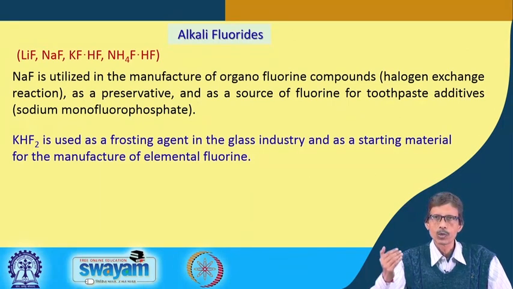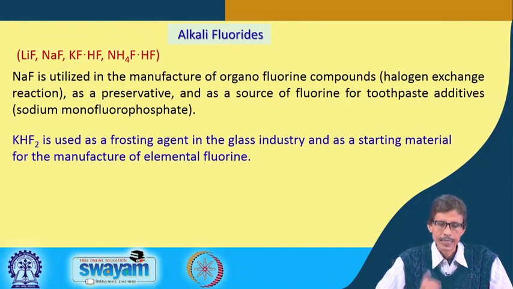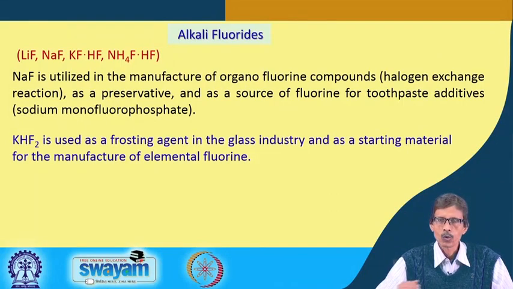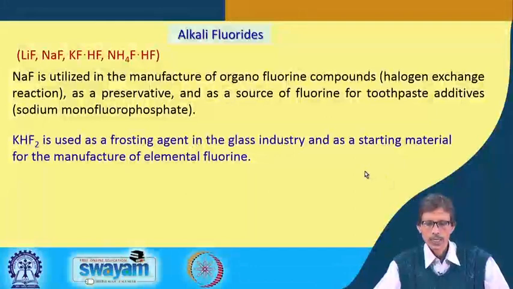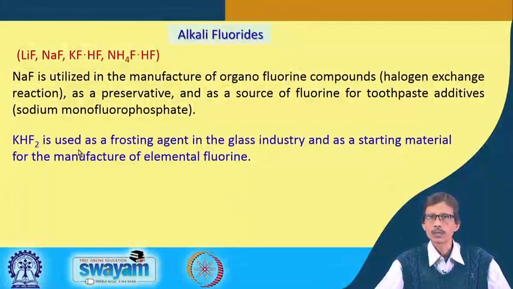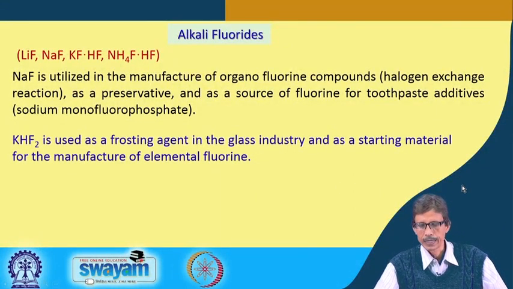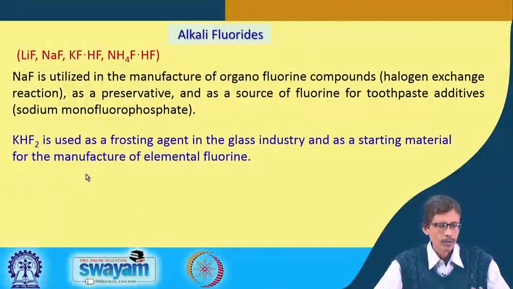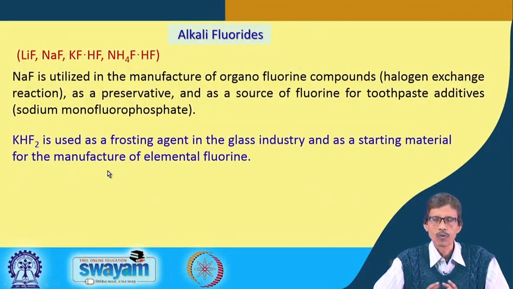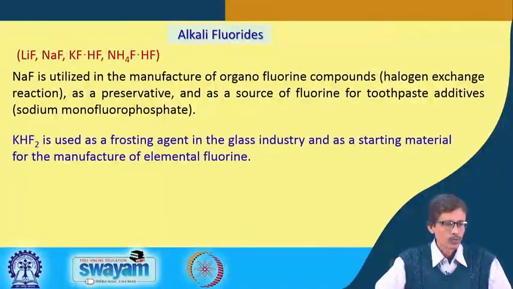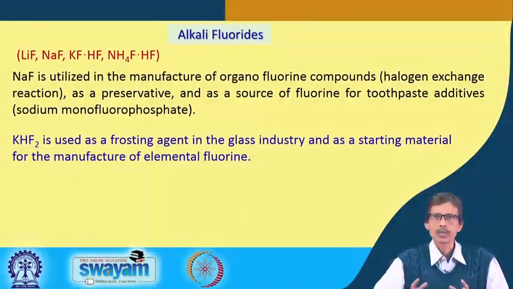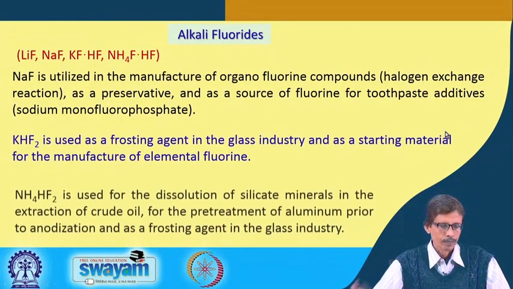And sometimes if you require a frosted glass, you require that the surface is attacked basically by potassium bifluoride. So, potassium bifluoride, like simple painting, can also sometimes be helpful to give you the frosted glass formation. So, the glass industry is using a huge amount of this particular fluorine-based compound, and it can also be a very good material for the manufacture of elemental fluorine, or the fluorine gas. That means, from KHF2, that fluoride part, we can go for its corresponding oxidation to make the elemental fluorine.